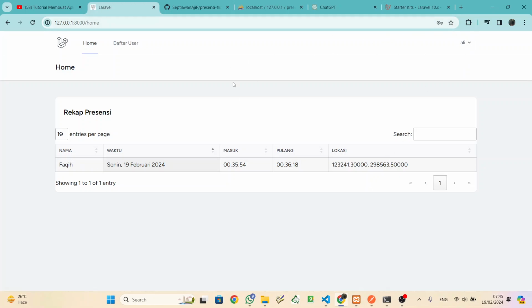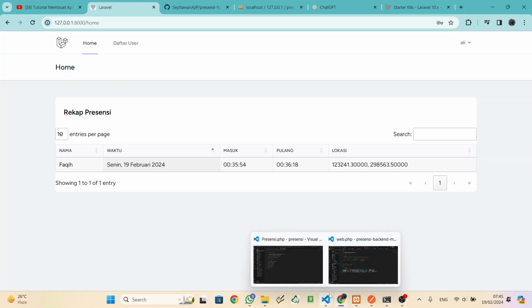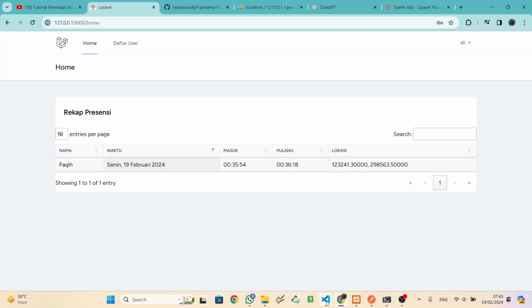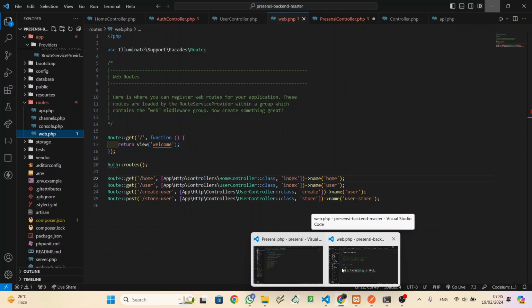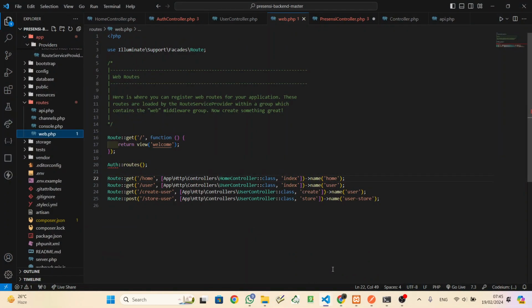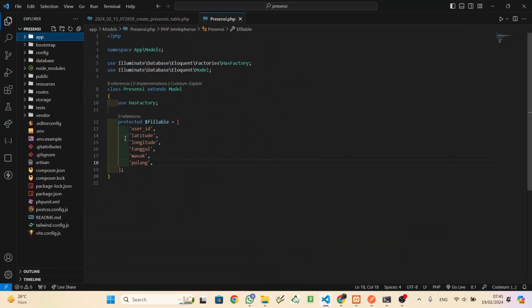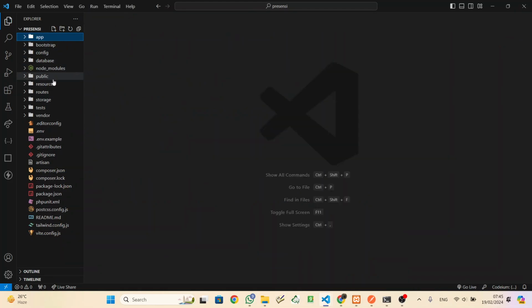So this is your homepage. For the first thing, this one is the dashboard, and also this dashboard, and there is no user list here. So we will make a modification here. Okay, this one, and so we can close the model and also the migration.